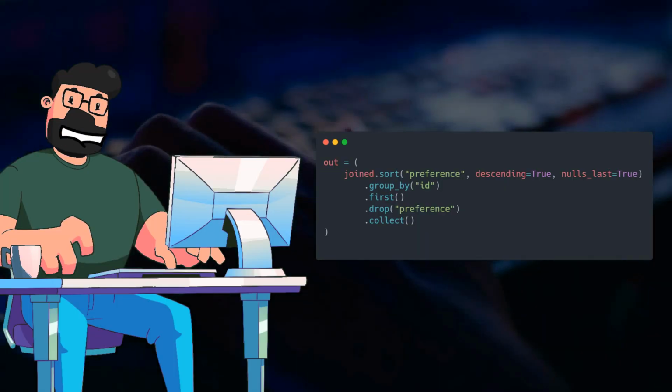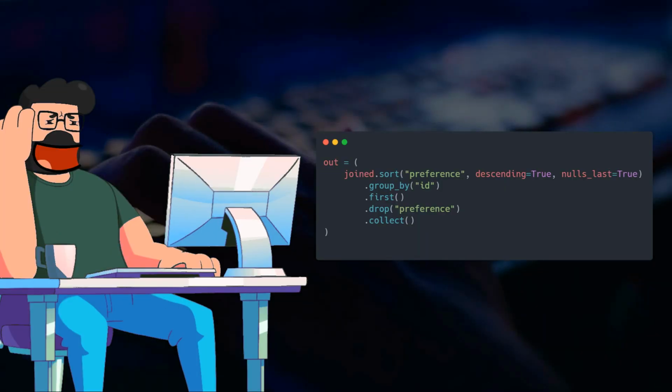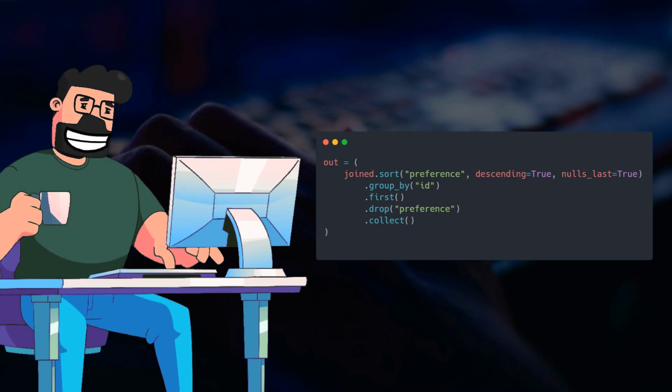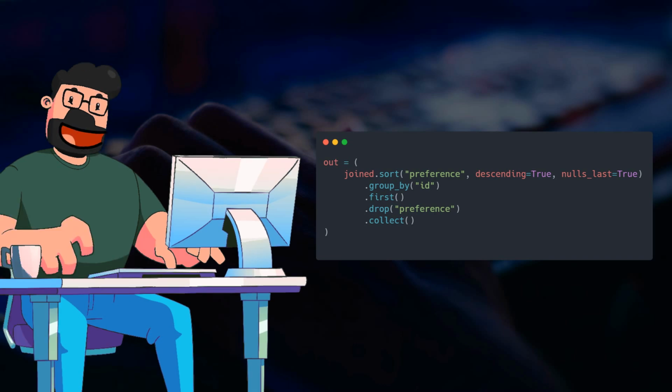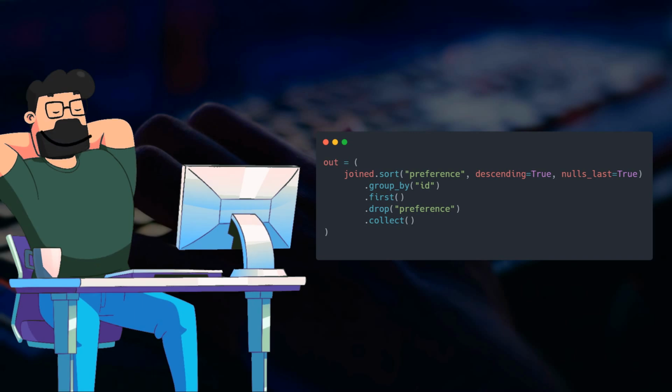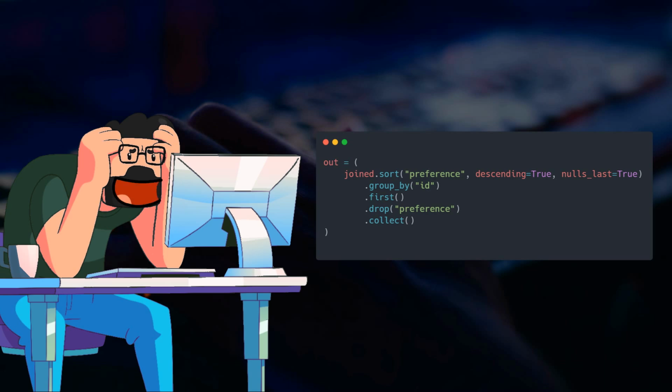Moving on to the third part of our solution, we sort the join table based on the preference column in descending order. This sorting enables us to group the entries by ID and select the top entry in each group according to our predefined preferences. Finally, we drop the preference column and collect the filtered dataset, resulting in the removal of duplicate entries based on